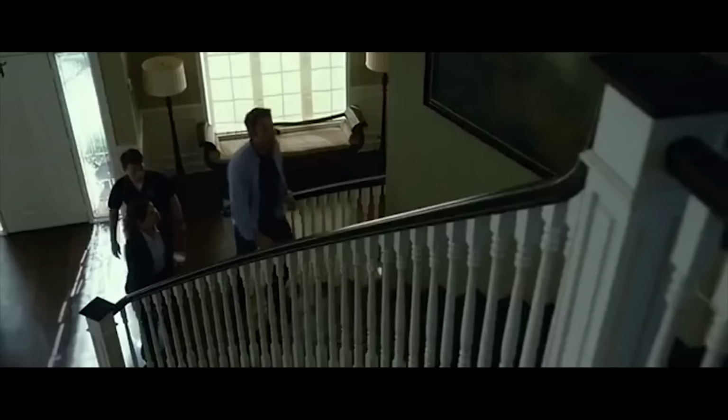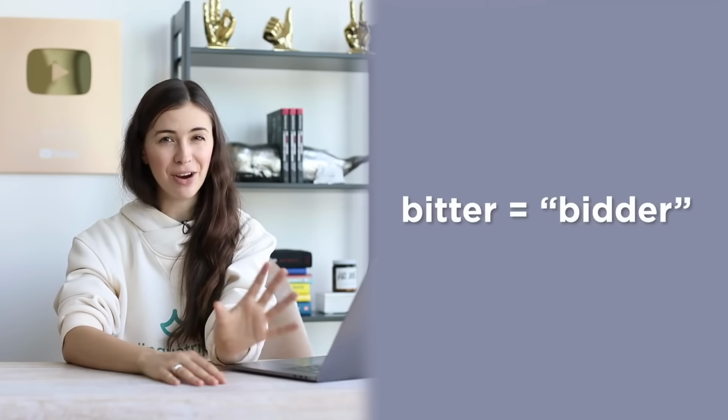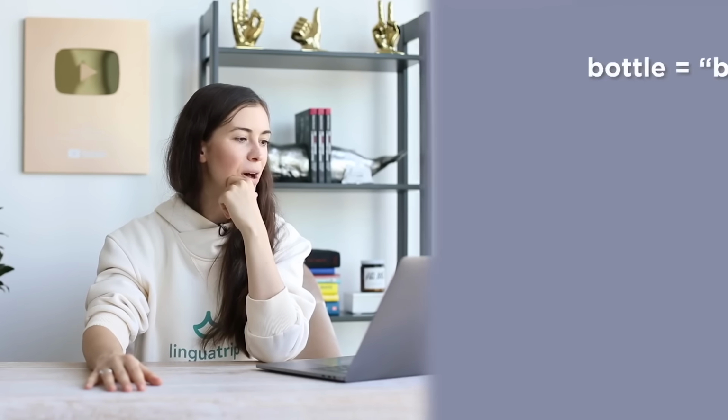City, city. It's like "DNR", city. Bitter, and it sounds a little British, so in Great Britain they would say "bitter" with a T. In American English they would say "bidder". Let me give you some more examples. Bottle,